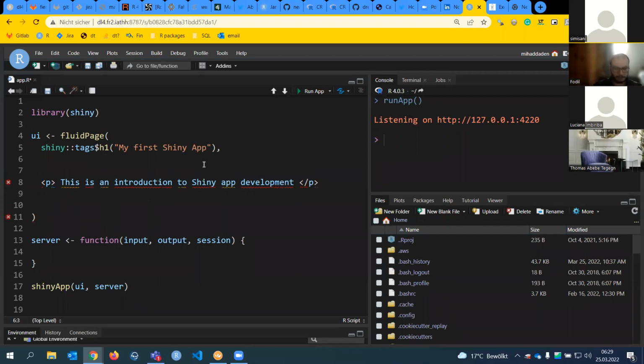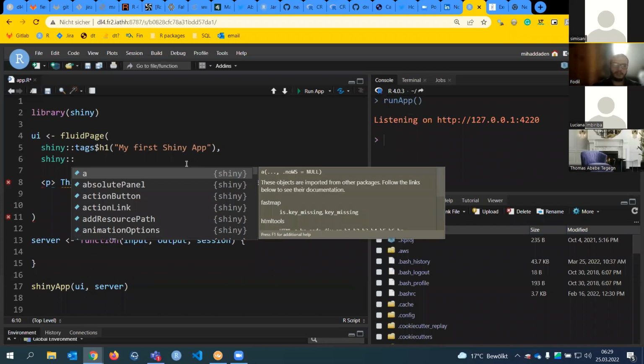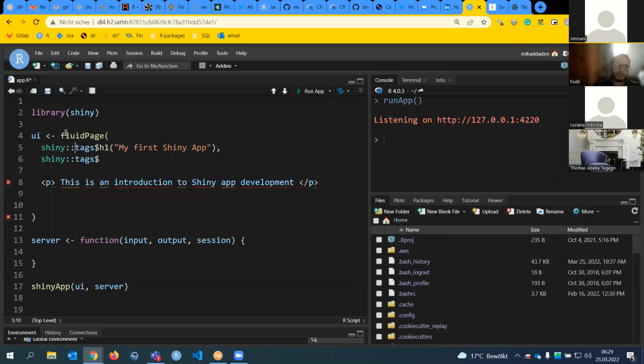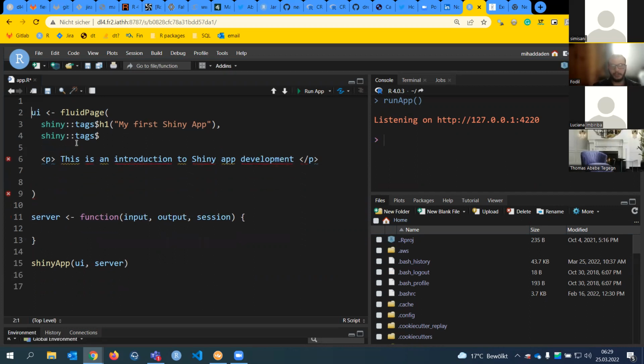So here I will just do shiny::tags$ and so on. Actually, here we don't need to do shiny:: because we are loading it, so we can either remove this library call or remove this prefix. I always tend to write it this way, so let's just remove this library(shiny). But then we have to use shiny:: here too, and here.